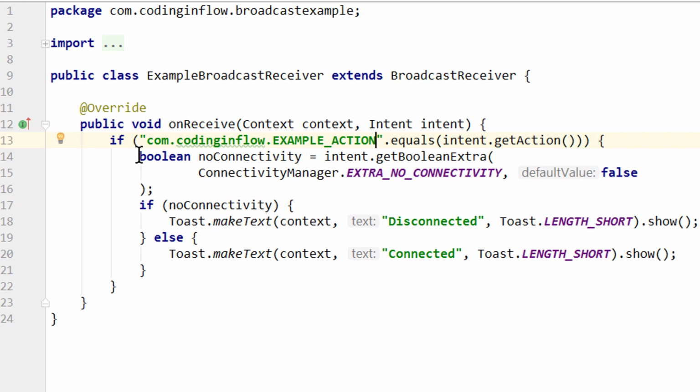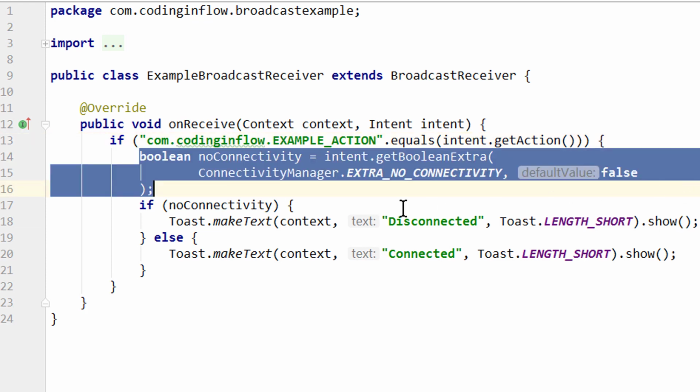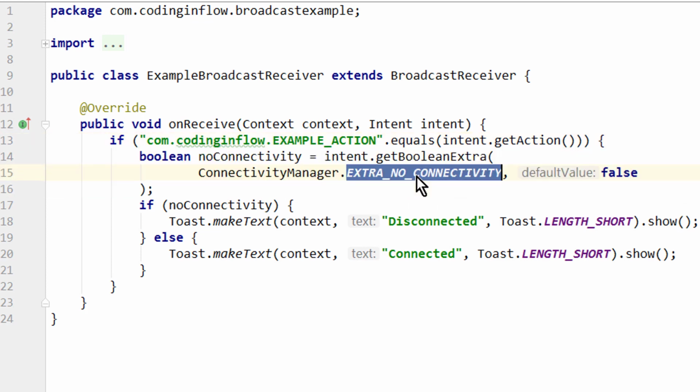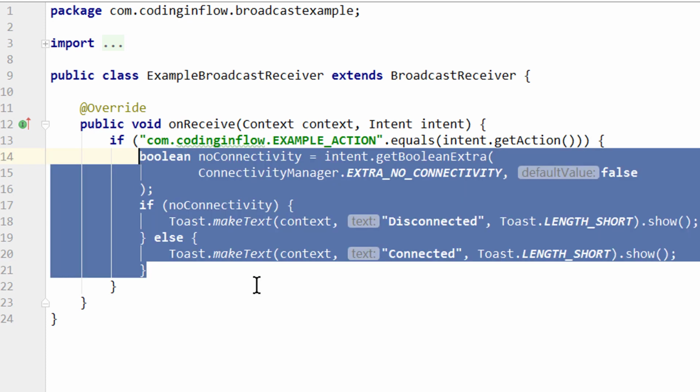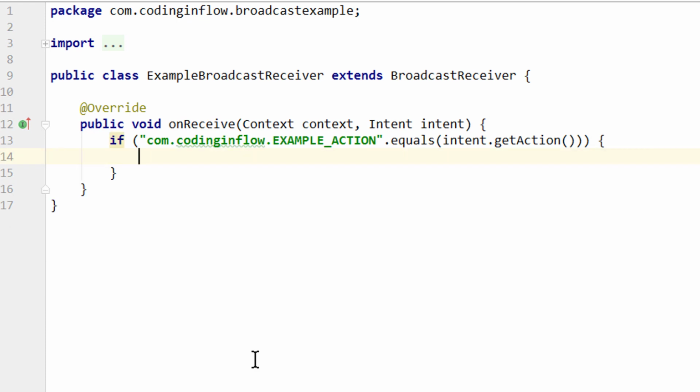And from our connectivity action broadcast we received this extra no connectivity. This is also just a string. In the same way we can also send extras with our own broadcasts. So we delete everything within the if statement, and we will send an extra in form of a string, and we save it in a string variable, receivedText equals